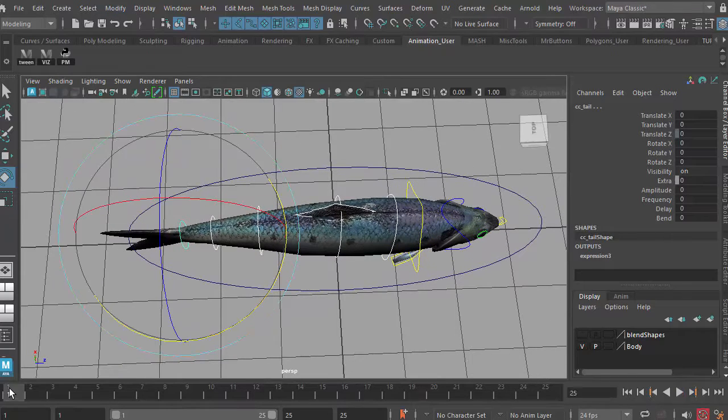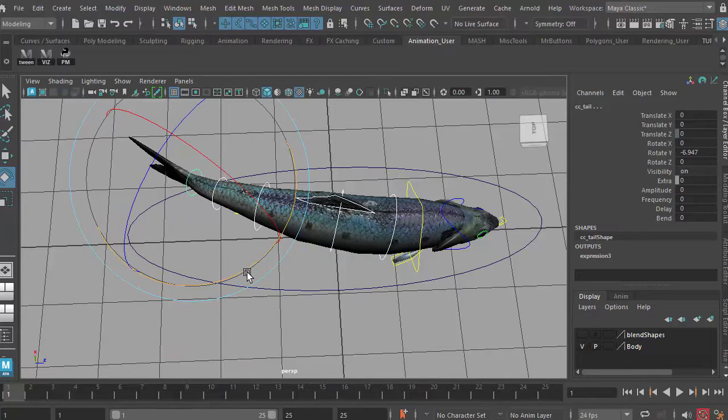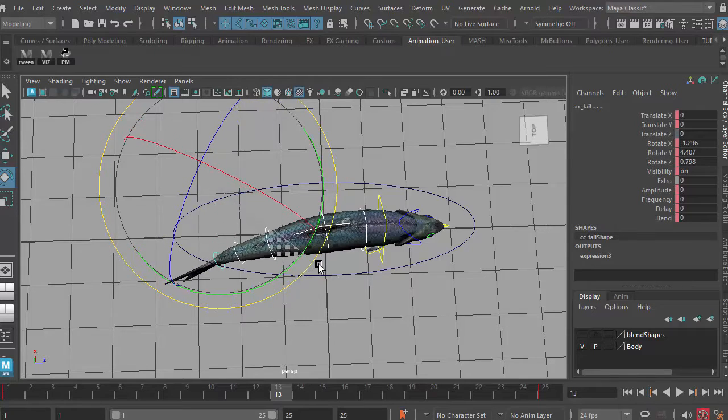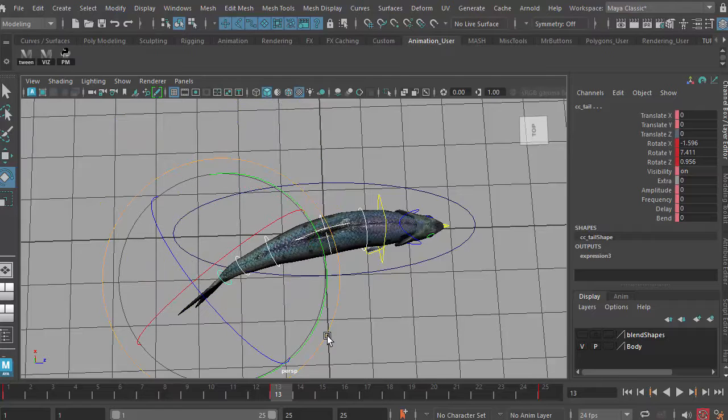So at frame 1, I want a little bit of a bend. I'm just going to bend all of these guys here so that I get a swish in that tail. There we go, like that. And that's going to be at frame 1. So I press S to set a keyframe, and I also want it, because it's going to be a looping cycle, I press S at frame 25 as well. And then at 13, which is the halfway point, I rotate it the other way. So we've got a fishy swim,